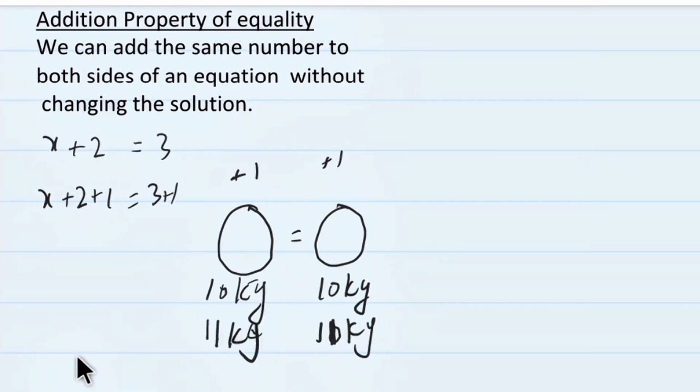Simply keep it in mind that while solving equations, if we do addition on the left hand side, we will have to do addition on the right hand side. If we are doing multiplication on the left hand side, then we have to do multiplication on the right hand side. That is, whatever operation we are performing on the left hand side, to balance the equation we have to perform the same operation on the right hand side as well.